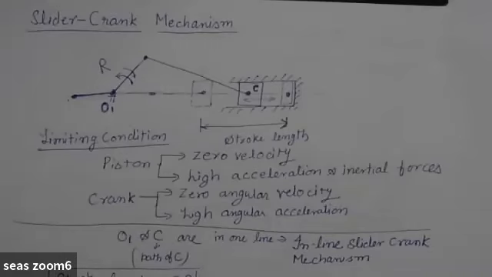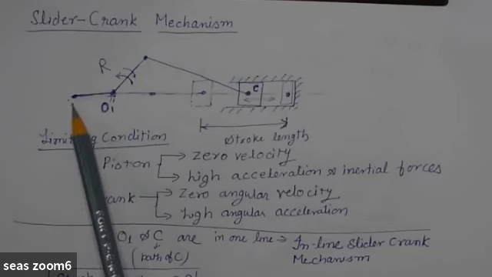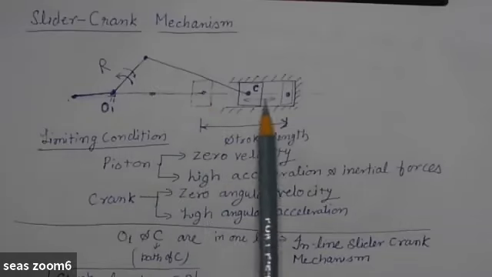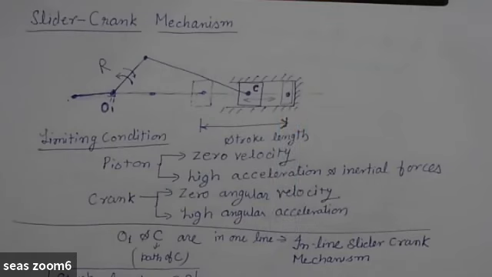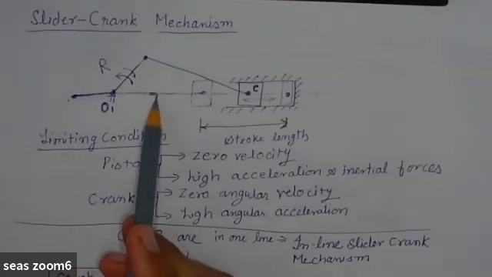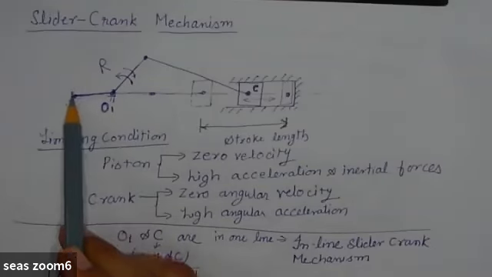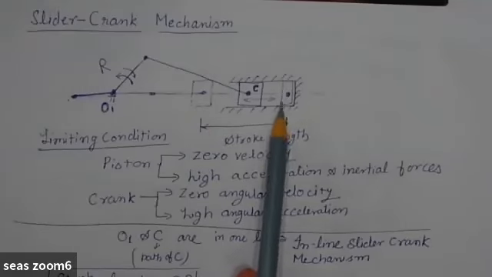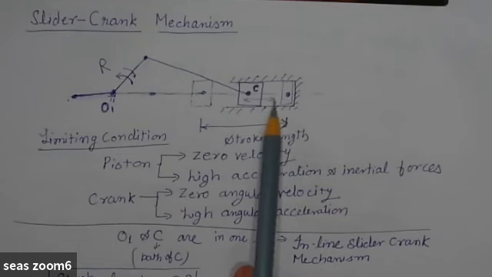और इसमें एक चीज और है कि the time which is taken by crank to travel from one extreme position to another extreme position is also the time for the piston to move from one extreme position to another extreme position. And you must notice that this is all the condition of inline slider crank mechanism. इसका ये भी मतलब है कि यहाँ से यहाँ जाने में जितना वक्त लगा उतना ही वक्त यहाँ से यहाँ आने में लगा. इसका मतलब है कि ये पिस्टन एक पोजीशन से दूसरे पोजीशन तक जाने में जितना वक्त ले रहा है उतना ही वक्त उसको यहाँ से यहाँ आने में लग रहा है.